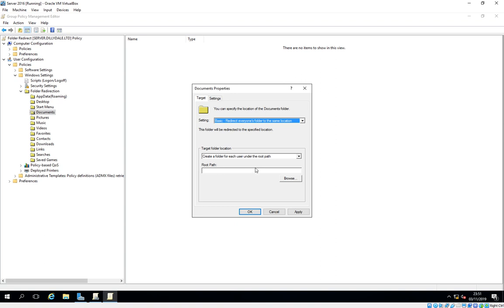So in here we would put in // the name of the machine, followed by the name of the shared folder, and you'll notice in the example below it puts in a username automatically. We don't have to do the %username% like we did in the roaming profiles. So we can hit OK on that,